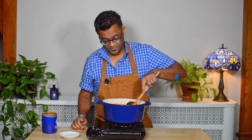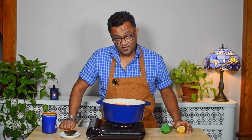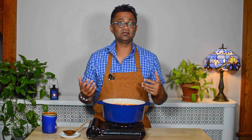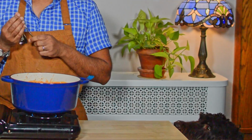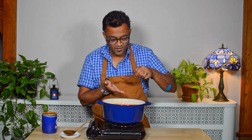Give this a good stir. The curry has been simmering for about 8 to 10 minutes on low heat. As always, one of the most important things in cooking is getting your salting levels correct. So before we finish this dish, I want you to take a tasting spoon and